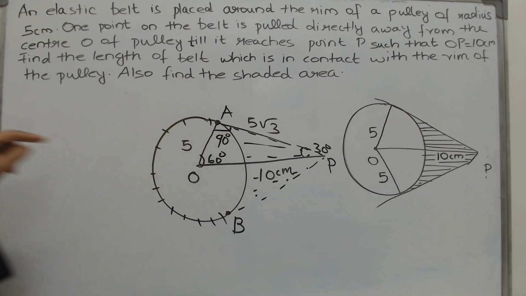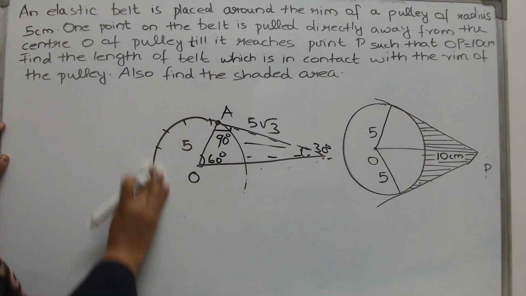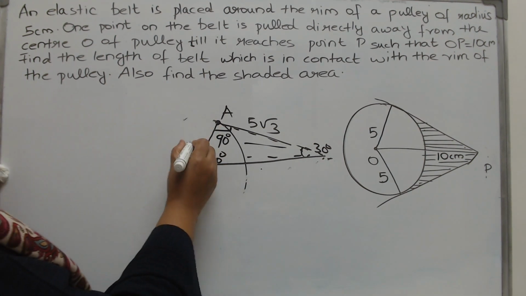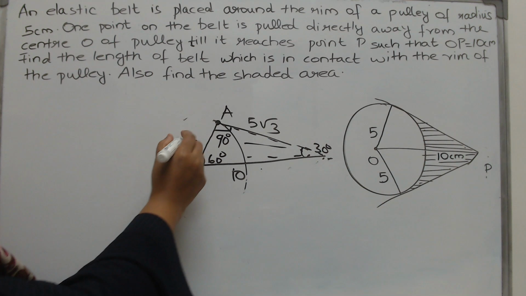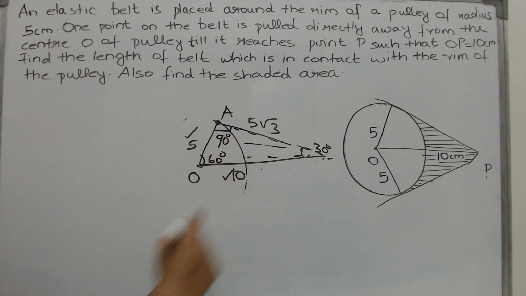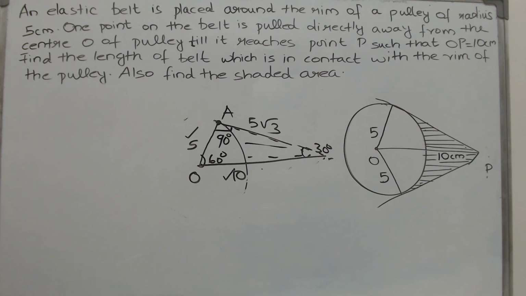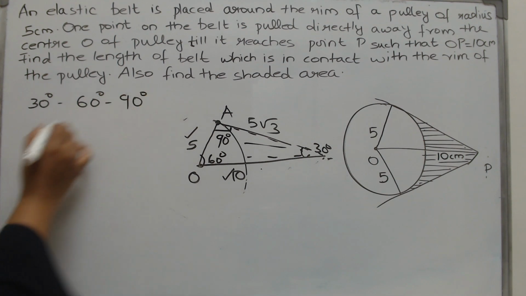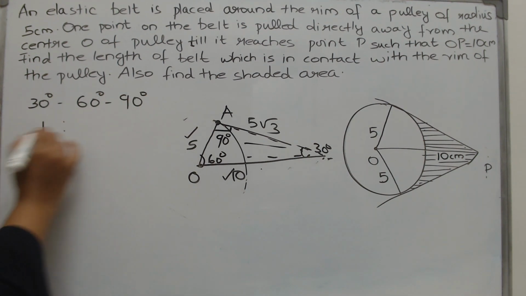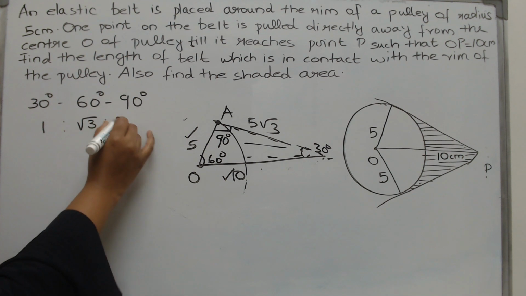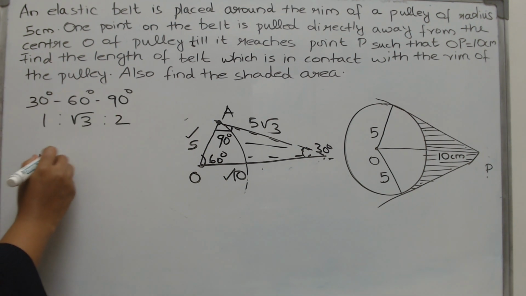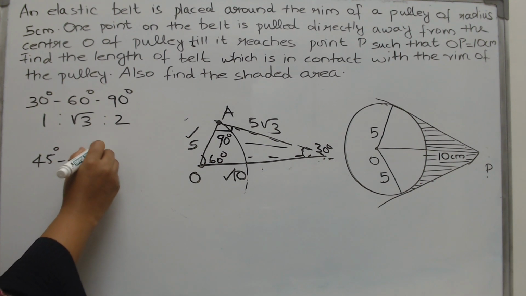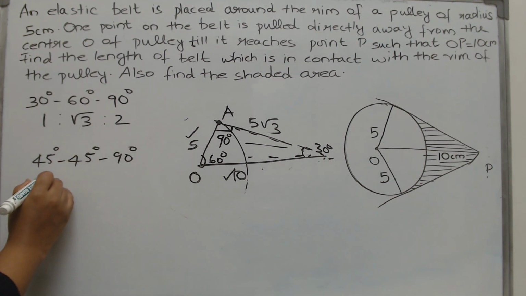Now we are not pulling rabbits out of the hat. How did we deduce this whole thing? All we needed was a right triangle and just two measurements. We just needed a 5 here and a 10 here. The rest of all we can deduce. Why is that? Now in the basics of trigonometry, we learned two special triangles. One is 30, 60, 90 degrees with its sides in the ratio 1, √3 and 2. And the second special triangle with the angles 45, 45, 90, and the ratio of the sides